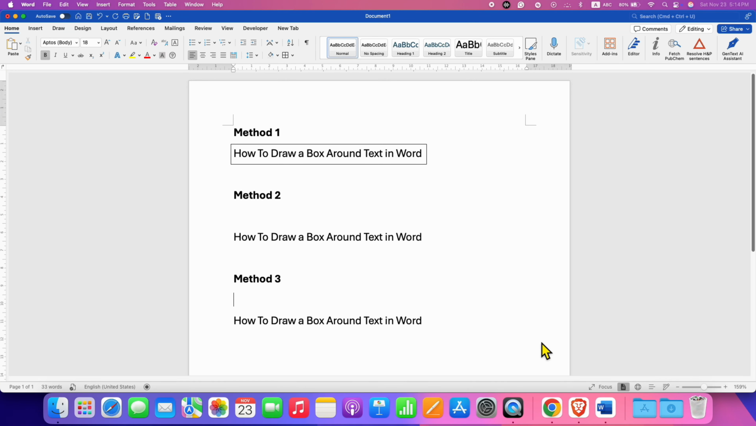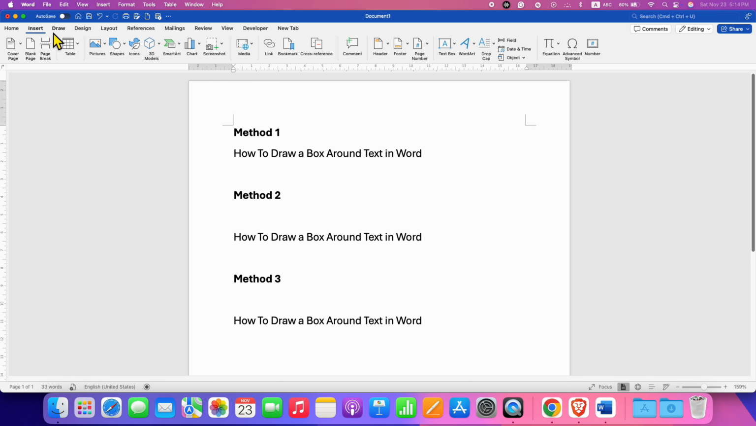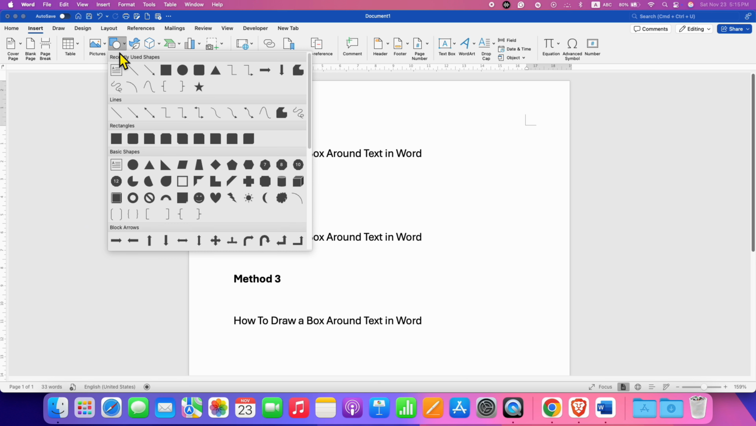We will see how to draw a box around text in Word. There are three quick methods. Let's get started. In the first method, you can go to the Insert tab, then under the Shapes, select the